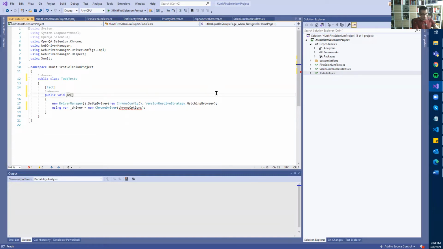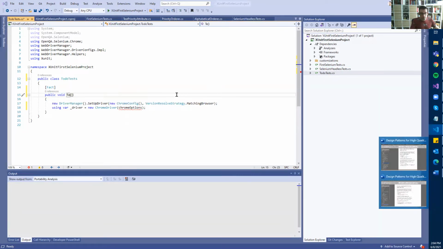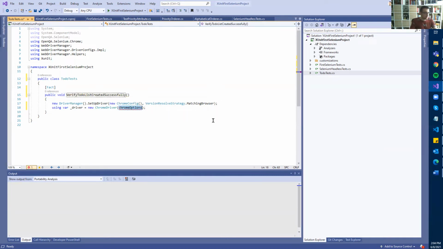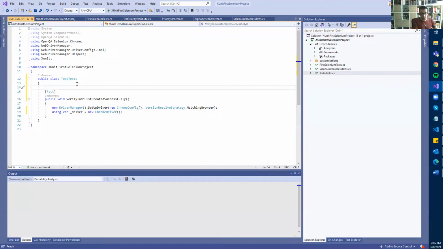So we're going to name it, for example, VerifyToDoListCreatedSuccessfully. This is a really good name, right? We're not going to use Chrome options. Actually, you can, if you remember how we define